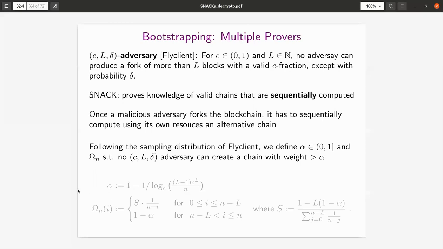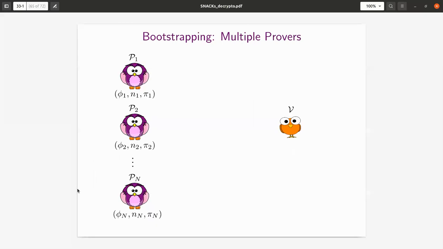This is just the computation, how you do it. It's very similar to Fly Client, and we refer the reader to either our paper or the Fly Client paper, or both, to see the details of this. And once we have that, the last two slides: pictorially, assume that you are a verifier and